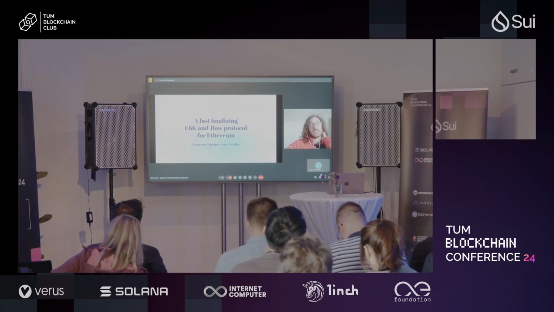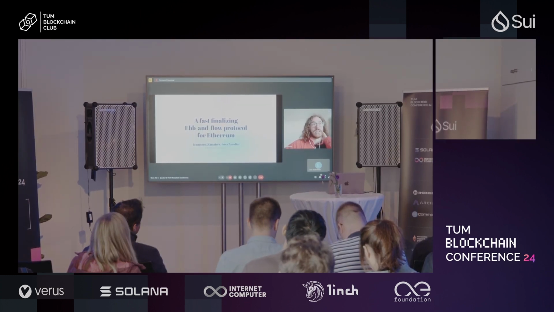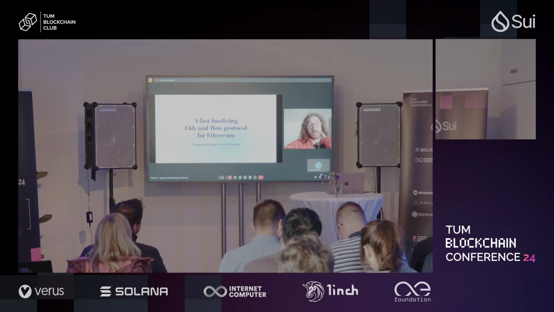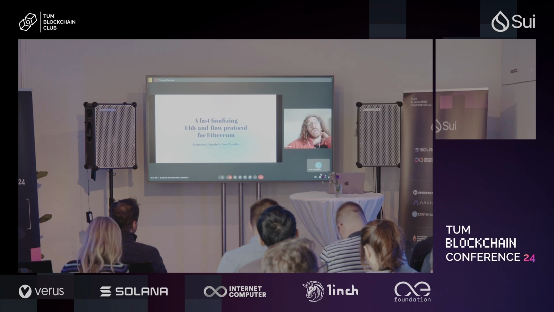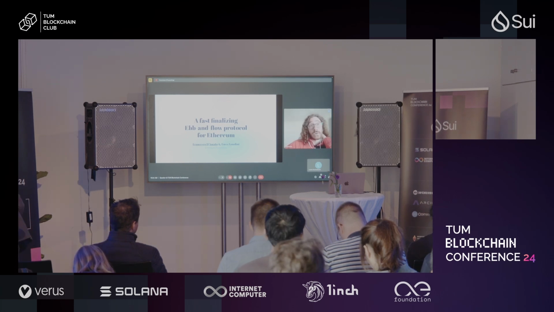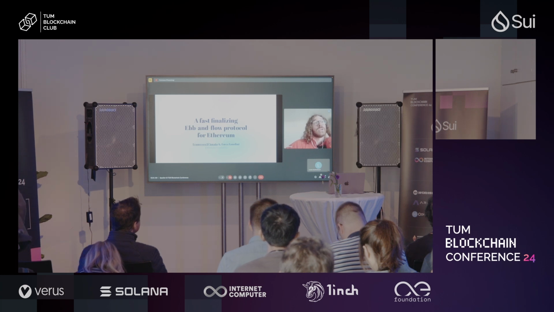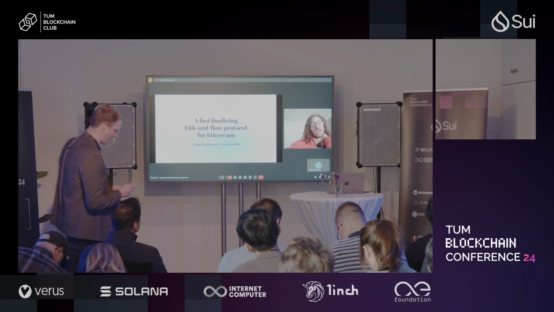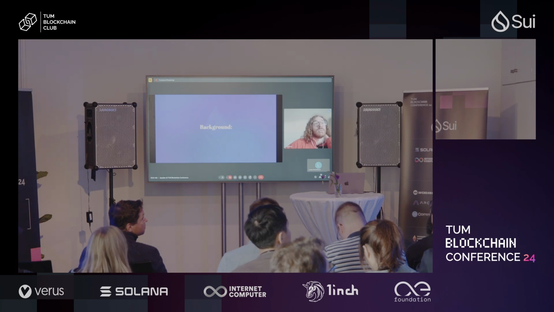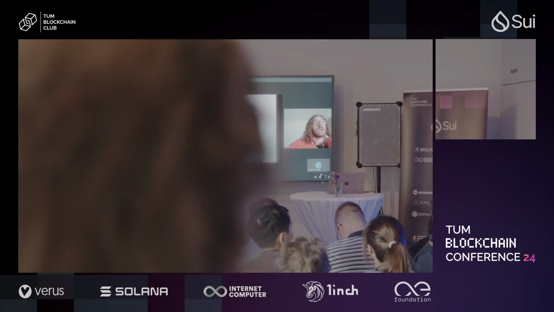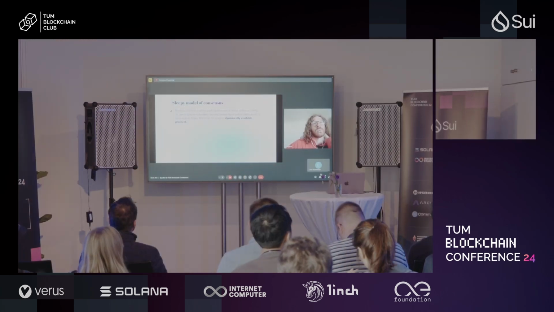And the paper that it's based on is called "A Simple Single Slot Finality Protocol for Ethereum", but here I did a slightly different name: a fast finalizing ebb and flow protocol. Fast finalizing is kind of self-explanatory. Ebb and flow protocol, I'm going to explain what it is, and this defines the kind of protocol that we're interested in learning. So a little bit of background, first of all, the model that we're working in, or that